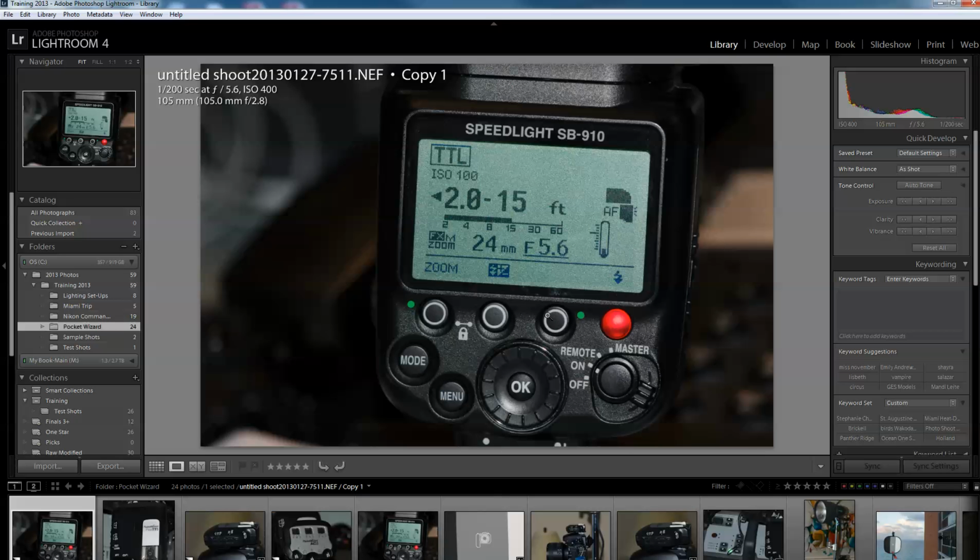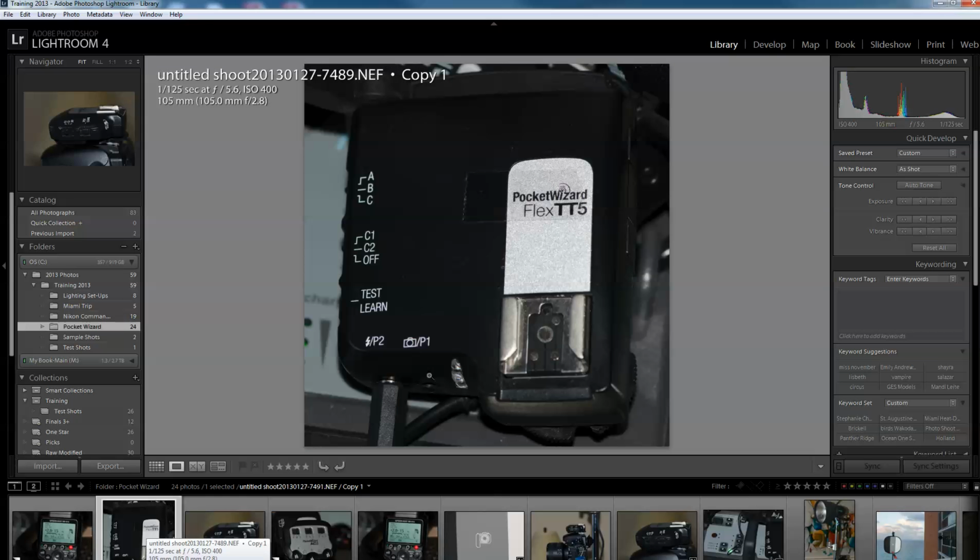If you've seen my previous videos, you heard that I always recommend that you reset your flash. So you press these two green buttons for the SB910 or the 900 and the 800, 600, 700. They have different ways of resetting, but basically you turn it on and have it on TTL. Once you do that, you place it on your FlexTT5, and again you have Group A, Group B,